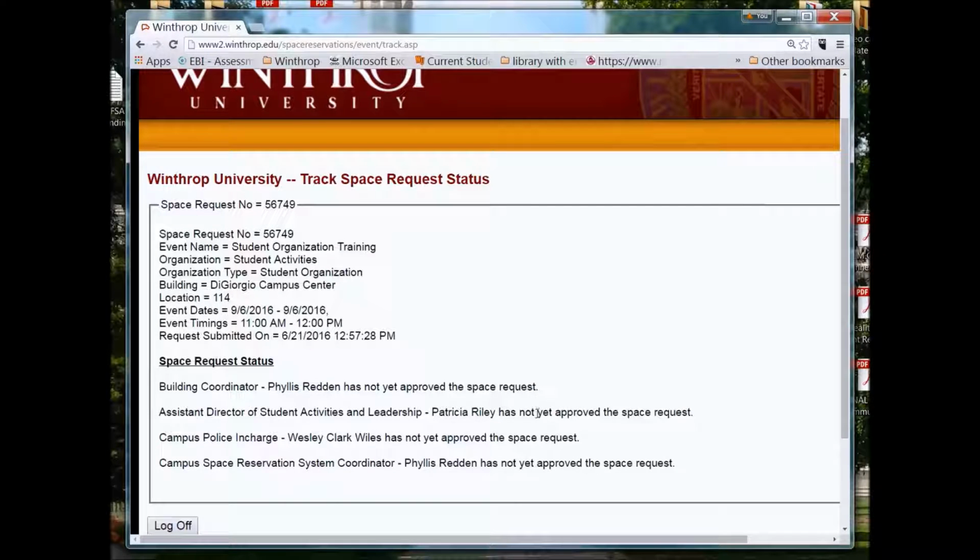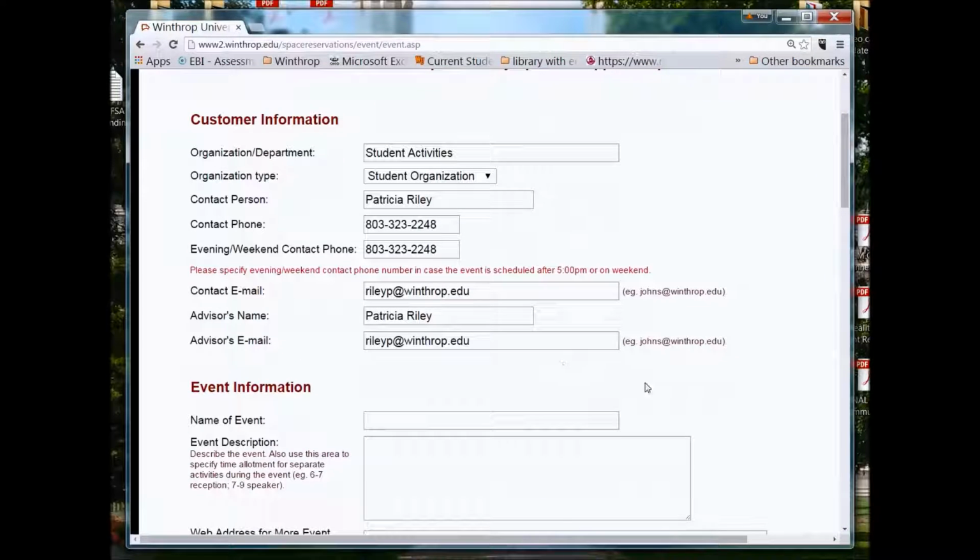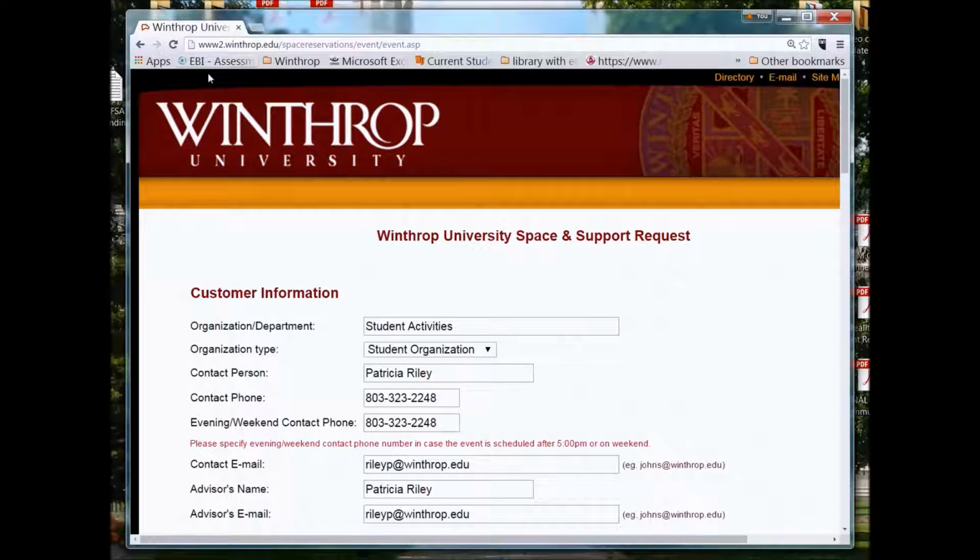So it starts with Phyllis Redden, the building coordinator. It's then going to come to myself as a student organization. It's going to go to campus police, and then it's going to go back to the campus space use manager. Once you've completed that, you're going to sit back and wait, and if there are any questions, someone will contact you in regards to those, and then your space request will work through the system. It does take 5 to 7 days to process through the entire system. And if you want to apply for other ones, you can then apply for space requests and begin the process all over again. Please make sure you've always checked that the space is actually